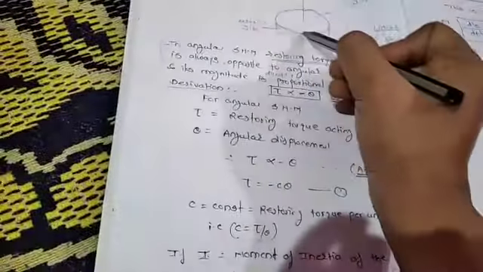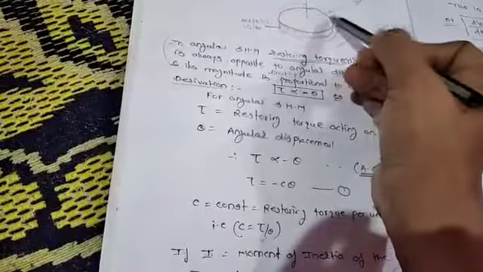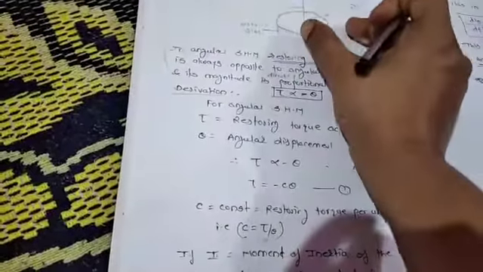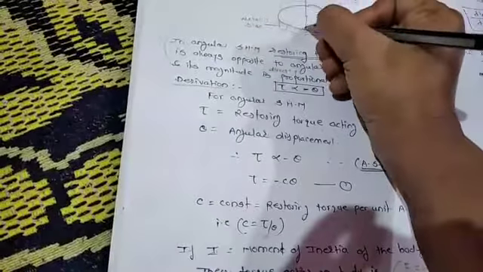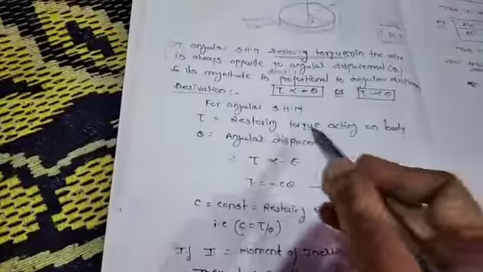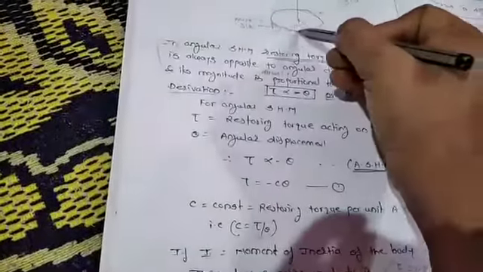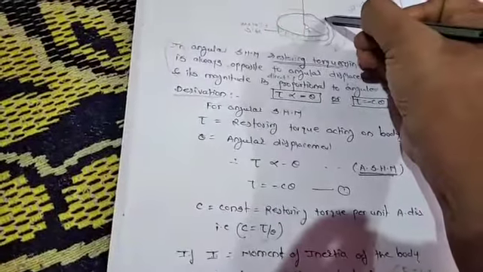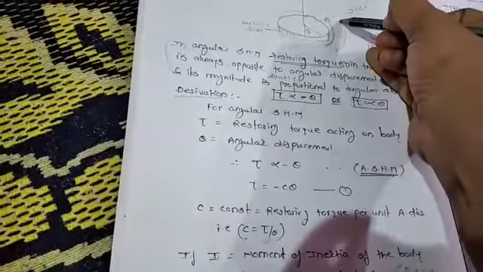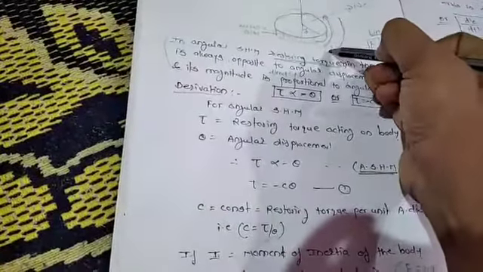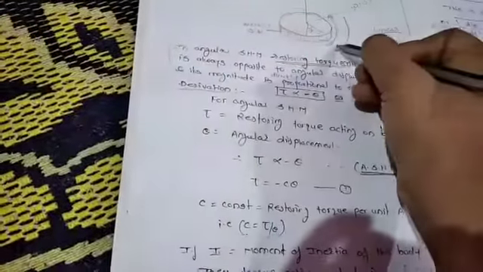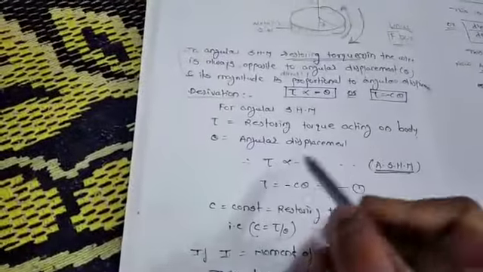When we apply the force and give the displacement, it will move in this fashion. Here an angular displacement will happen, and the restoring torque, when the particle goes here, will make the particle come back again to the original or equilibrium position. That is the to and fro motion, and the equilibrium is the mean position.